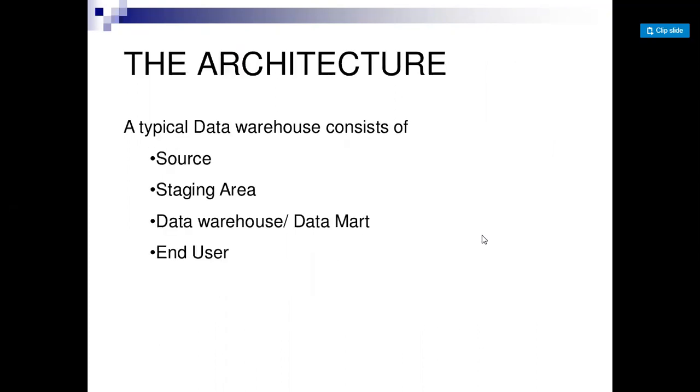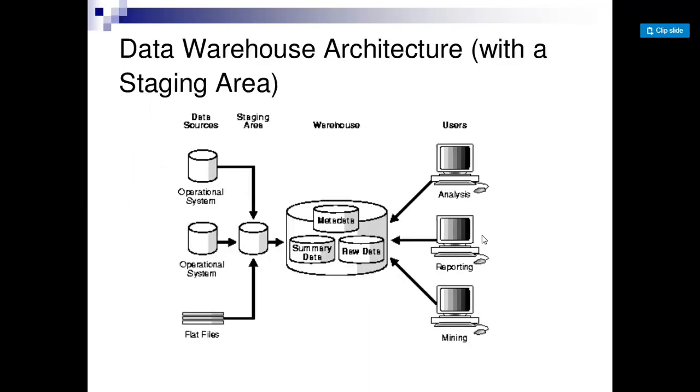A data warehouse typically consists of four items: the sources from where the data is collected, the staging area, the data warehouse and/or data marts, and the end users. As you can see here, the data is collected and integrated from operational systems or some file systems, and after that a warehouse is designed in which data is stored